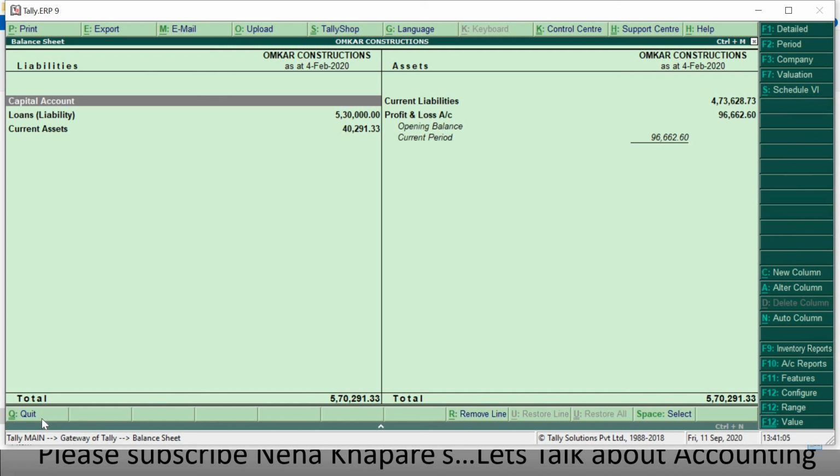So this was all about the rewriting procedure. Tally has various versions. You can rewrite your company from the old version to the new version, and you can access all the latest functions of the new Tally ERP 9 by the rewriting procedure. This way I am able to rewrite my company, and it is now running in the new version of Tally ERP 9 with GST and audit enable function.